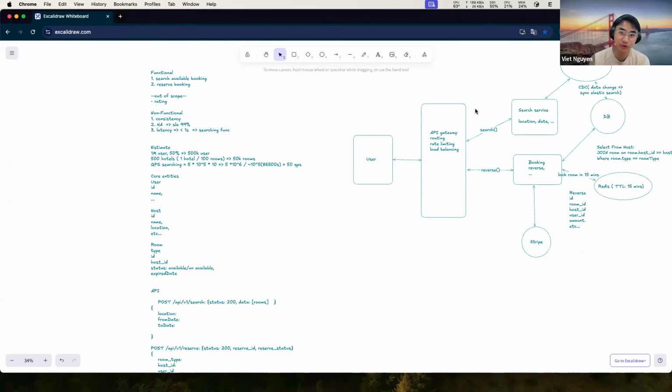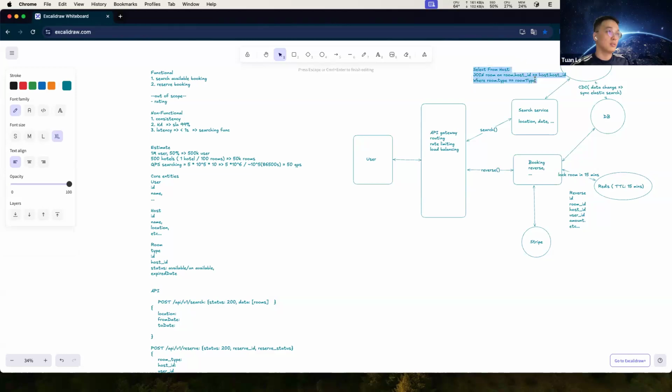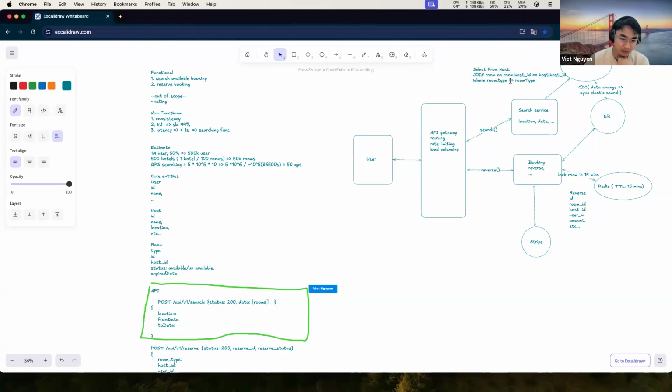We have a data structure already, right? So how do you run your query on that data structure to return the available room on the range update? How do you process this search API?